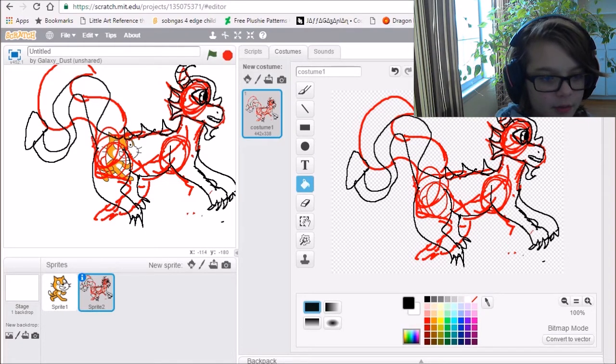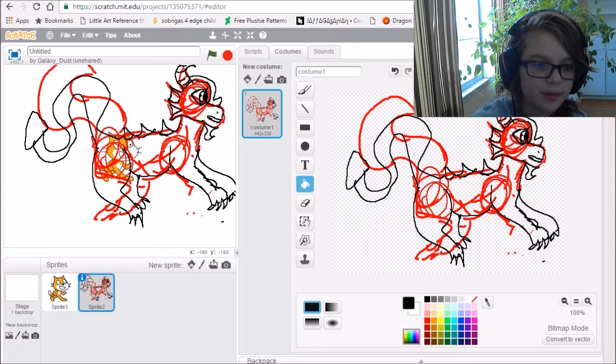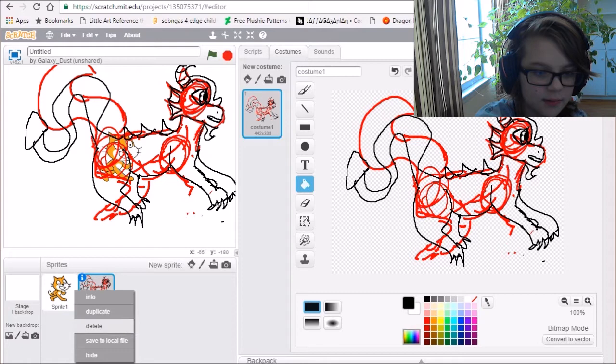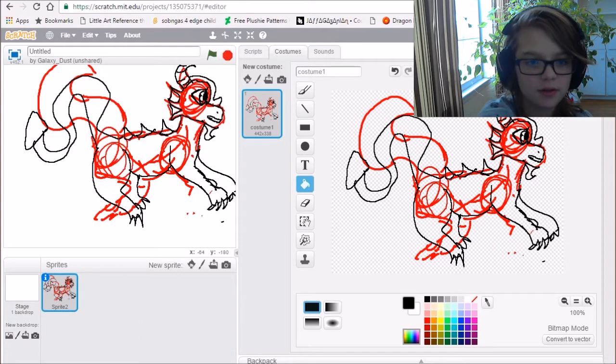Oh, we should probably delete sprite number 1. Why is sprite number 1 still here? Let's get rid of it. Hold on, my right click's not working on this, because I have tablet issues. Okay,